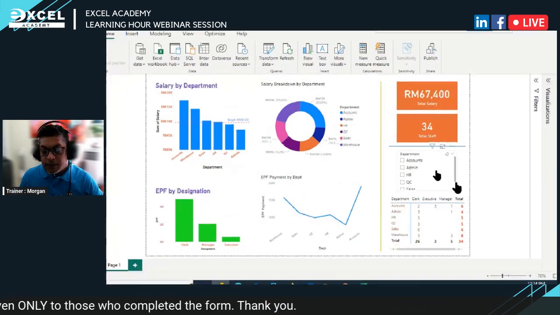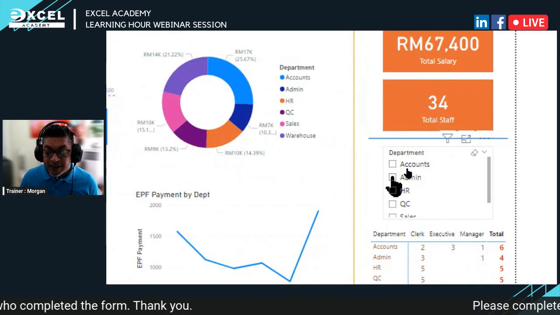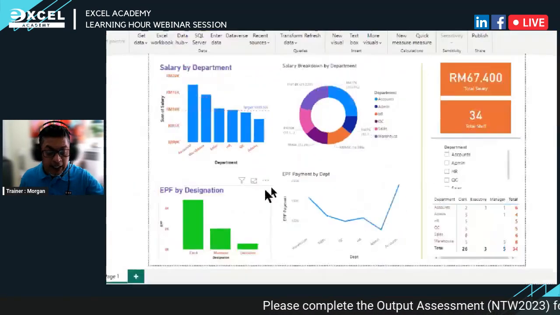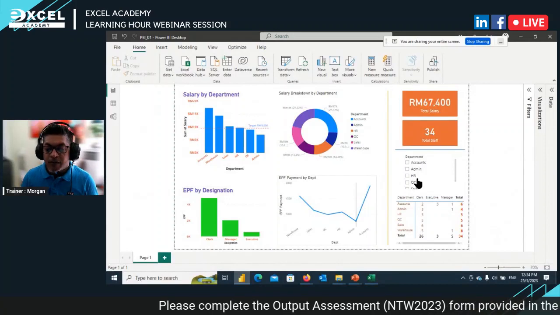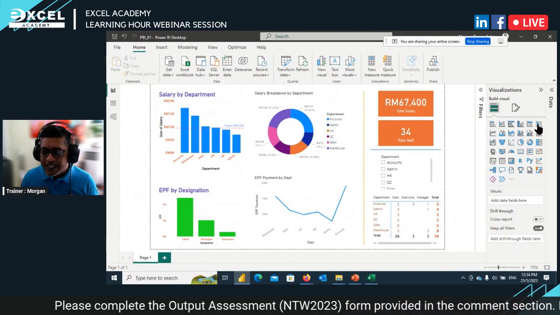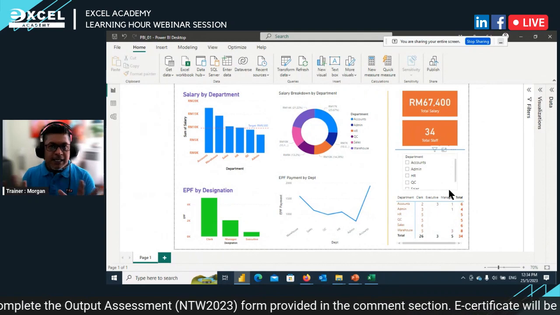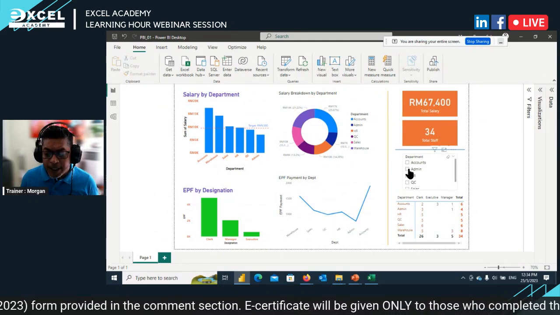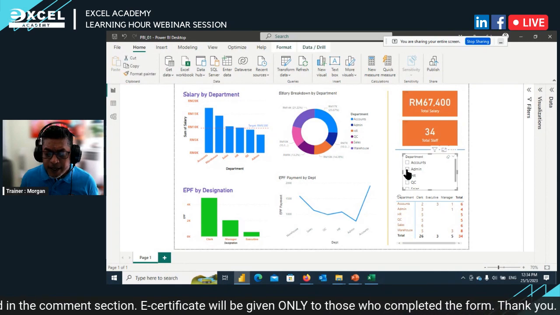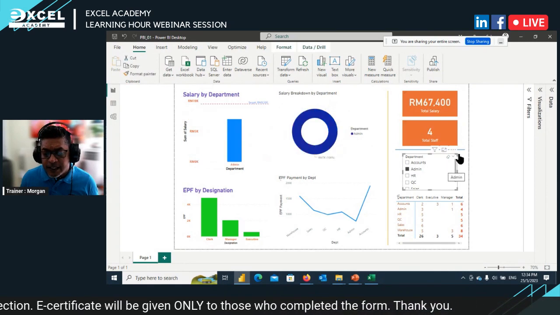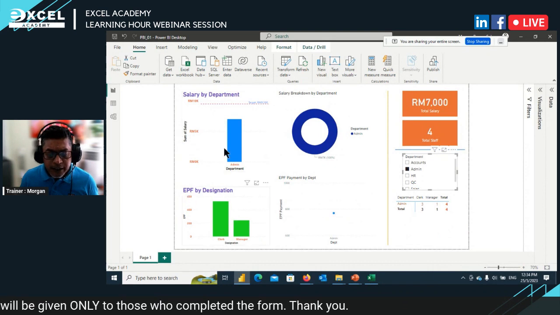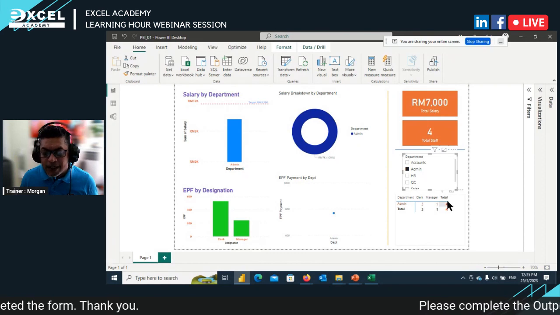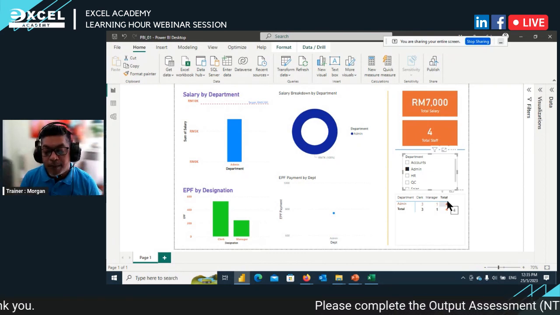And here is an option for us to select. All this is actually selection from the visuals. Semua yang ada dekat depan ni, yang dekat canvas ni, is actually selection from the visuals I just showed you. Everything is here. Nothing is technical done. So if I want to have a look, okay, let me have a look at admin. All right, I look at the admin. So I just need to click the admin button. So the charts, the total salary, the number of staff, and the jadual dekat bawah ni, semuanya akan berubah mengikut